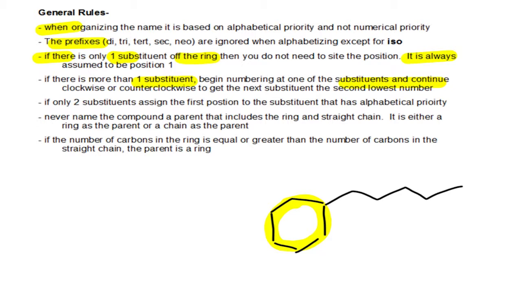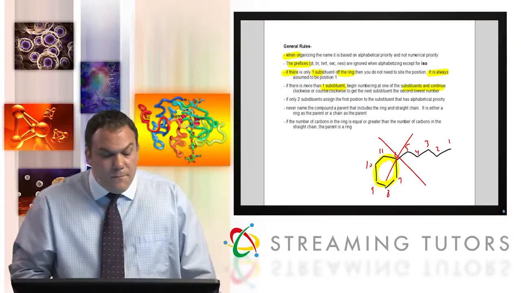You're either going to name it a ring, in which case you only count the carbons in that ring, or a straight chain, but you can't do both. So it's either a ring or a straight chain, but you can't combine the two into one parent. In other words, you can't say 1, 2, 3, 4, 5, 6, 7, 8, 9, 10, 11. That is incorrect. That's not the way it works. Either a ring or a straight chain, but not both combined. Okay. Finally,